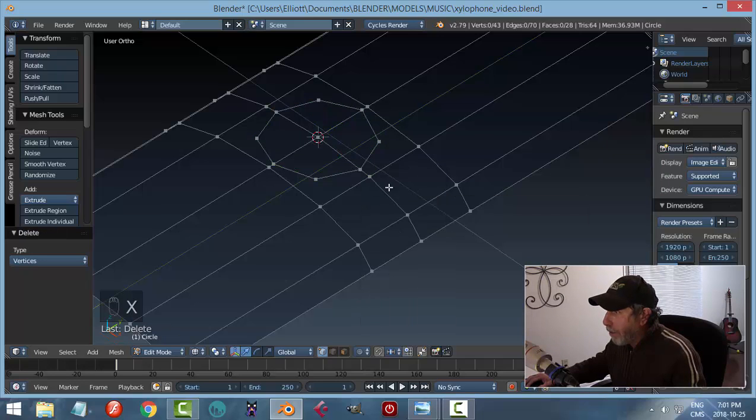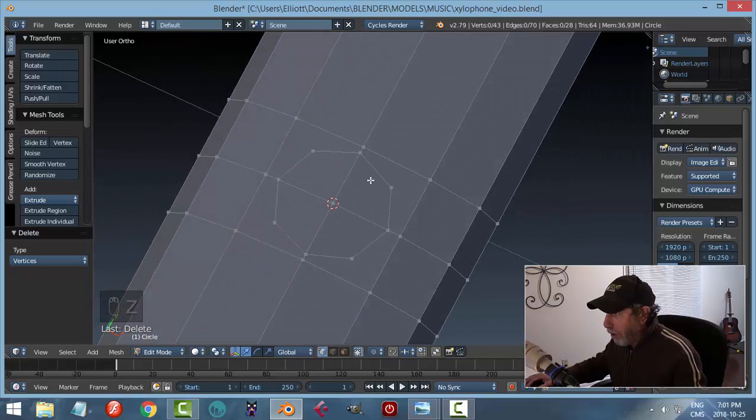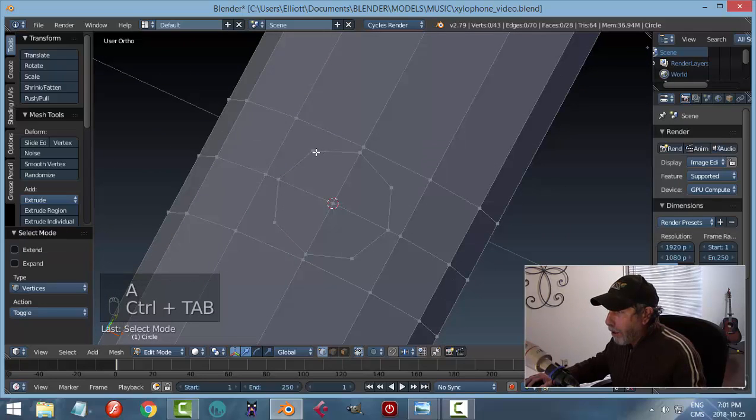I don't need that, so I'm going to go X, vertices. And there's the one that I've cut into my mesh. I can come back into solid view and you can see I've cut the mesh there. So, I mean, if I was to select, you can see that. What I'm going to do though in vertex mode is I'm going to select that one, and